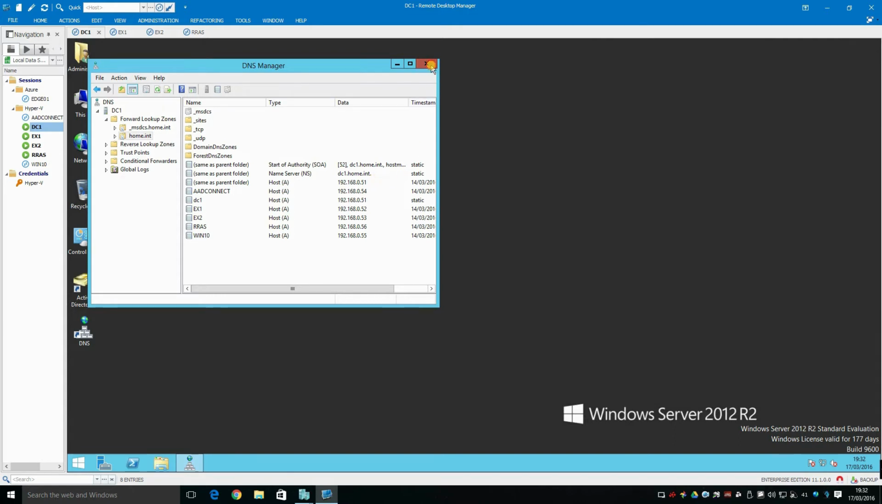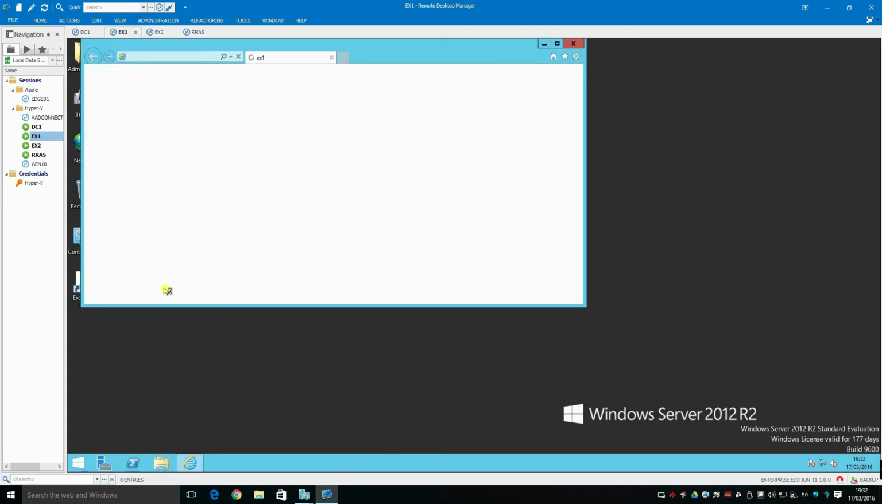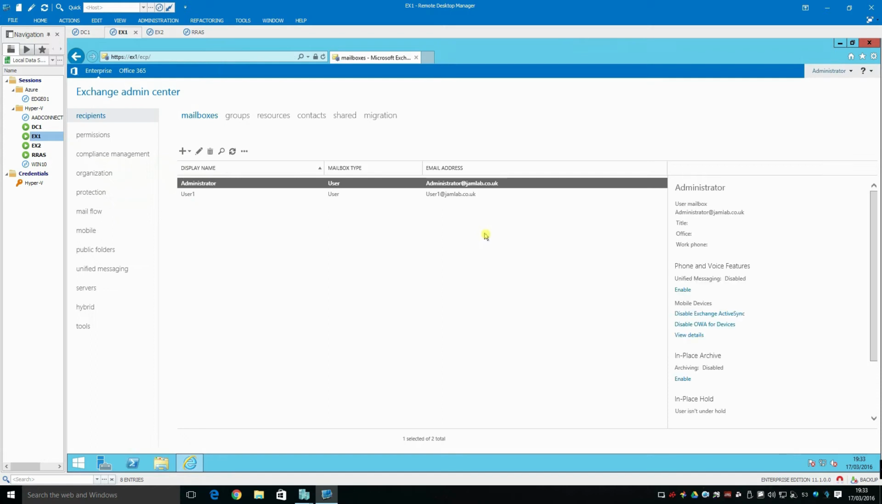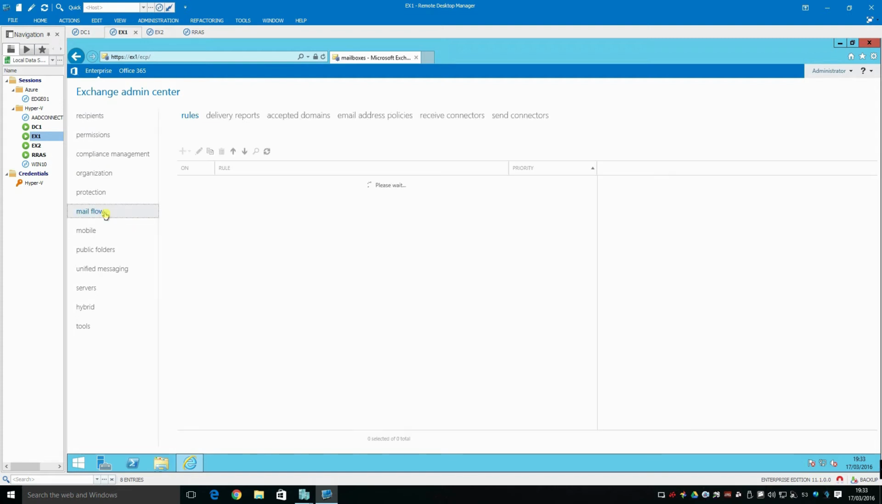Okay, let's just close that, and let's have a look on our Exchange server. So the Exchange servers have been installed bog standard, nothing special. I've got a single account in there called administrator, which obviously is the administrator of the Exchange server, and one user called user1. I've added the namespace jamlab.co.uk, which actually is a domain name that I own. I think later on in the videos I'll be adding a secondary domain name